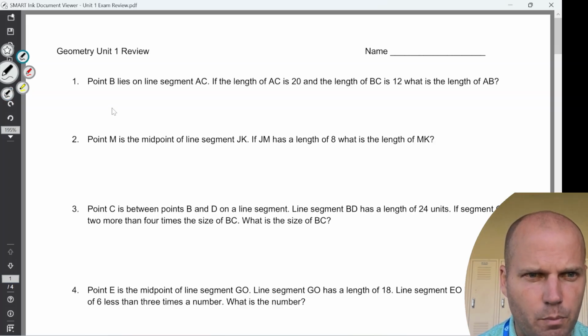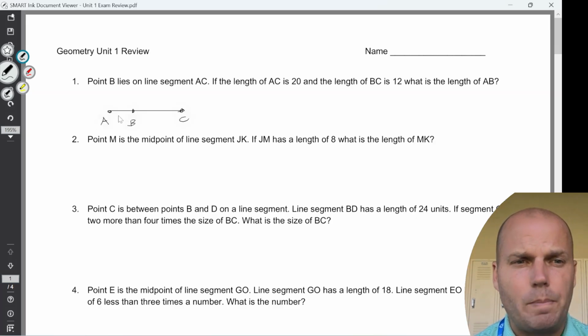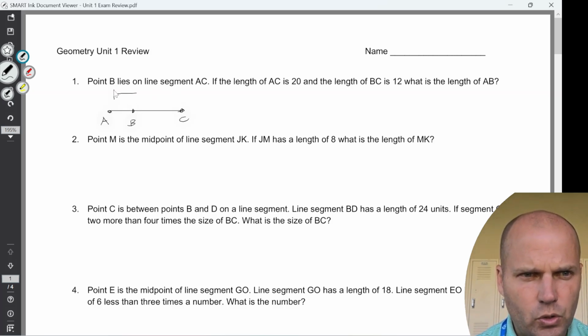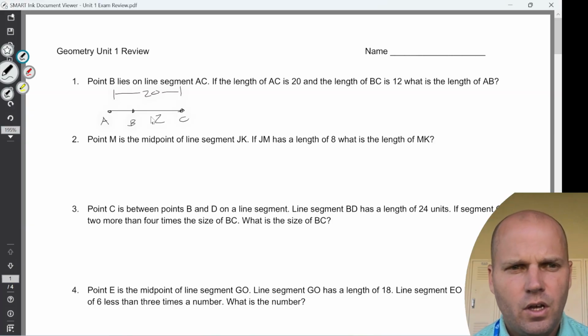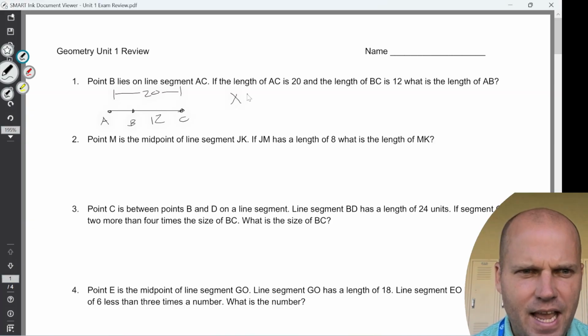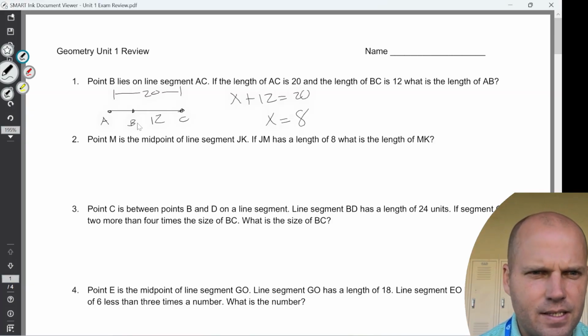So here we go. Question 1, point B lies on line segment AC. What is very important to take note of is that point B is not stated to be a bisector or a midpoint. So that means don't assume AB is equal to BC. We are told the length of segment AC is 20, the length of BC is 12. Okay, that means AB plus BC has to equal 20. So I can say AB is x, x plus 12 equals 20, x has to equal 8, line segment AB